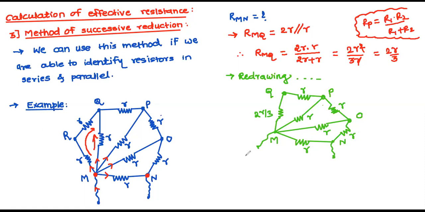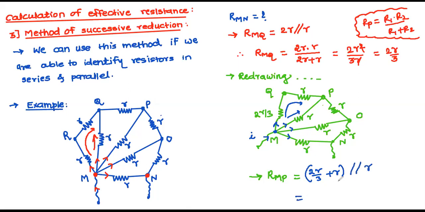Now see here, MP. I am taking R in between M and P terminals. So see here, you can see at this point if current is flowing, suppose like this, then it is getting divided here, here, here, and here. So this current is going same. So these two are in series, and this is in parallel with this R. So let's find out, same like this one. So here 2R by 3 plus R, right? This plus this is in series and both are parallel with this R.